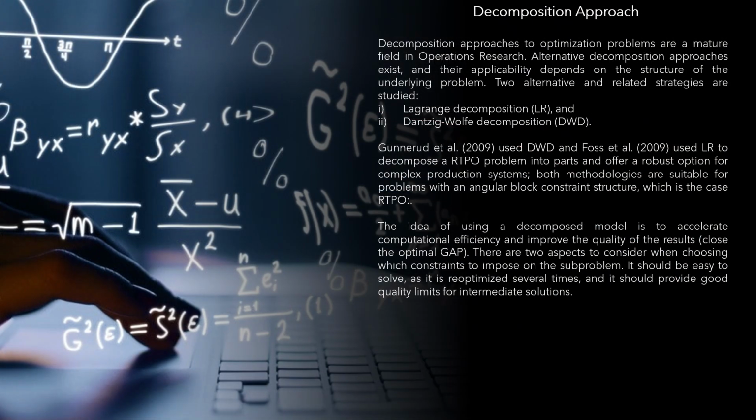Decomposition approaches to optimization problems are a mature field in operations research. Alternative decomposition approaches exist, and their applicability depends on the structure of the underlying problem. Two alternative and related strategies are studied: Lagrange decomposition, LR, and Dantzig-Wolfe decomposition, DWD. Gunnerud et al. used LR to decompose a RTPO problem into parts and offer a robust option for complex production